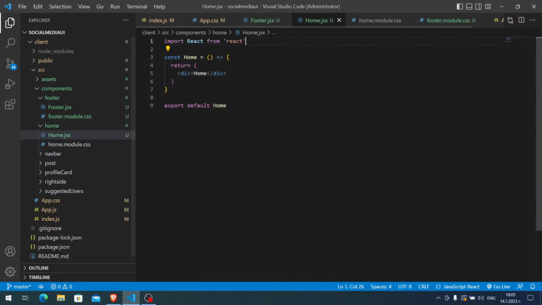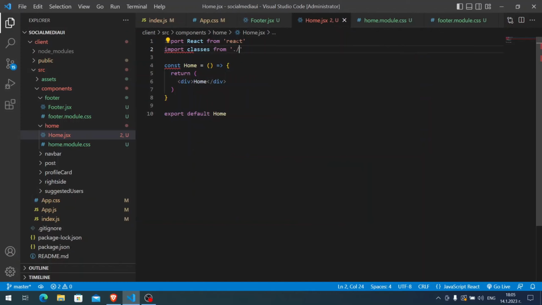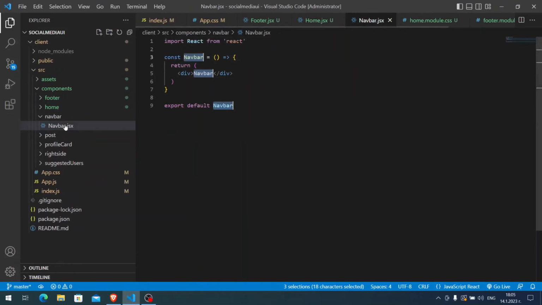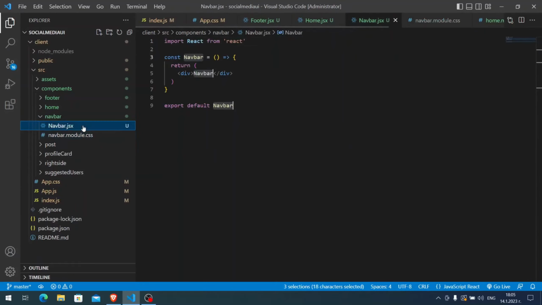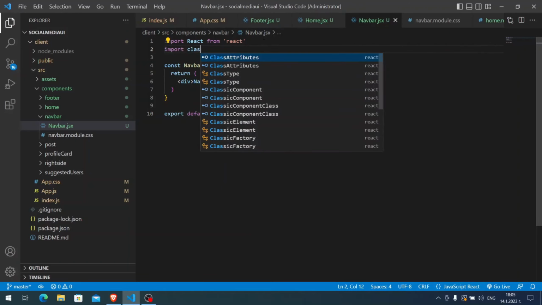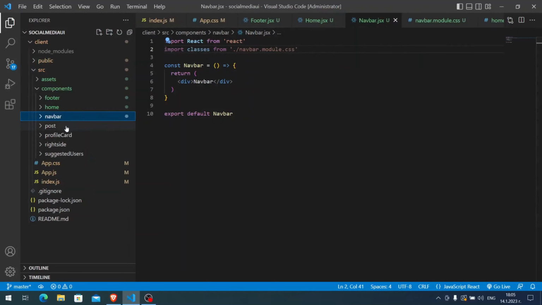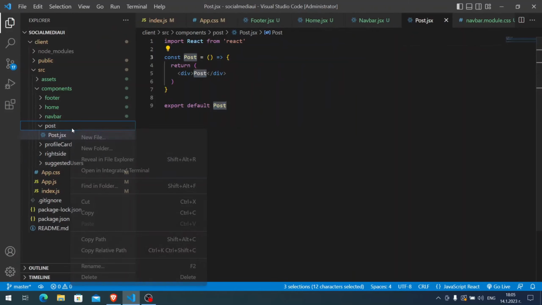Let's import the styling sheet. So import classes from dot slash, oops, what happened here, wait, okay, then let's make for the navbar a JSX file, rfce, and navbar.module.css. Again, the same procedure. So we make the two files, and then we import the CSS file to the JSX file. Okay, let's do it for the post. And here,